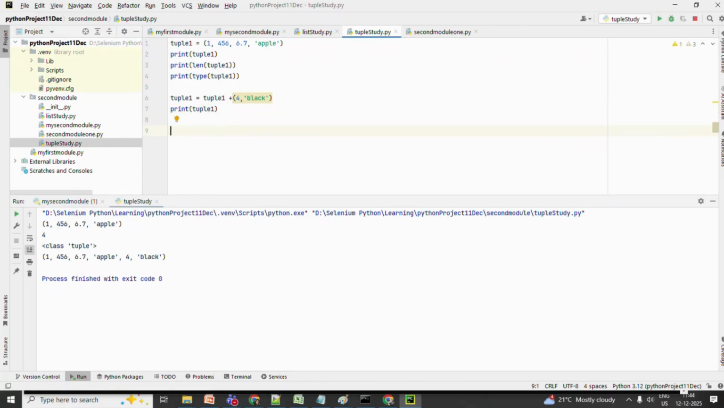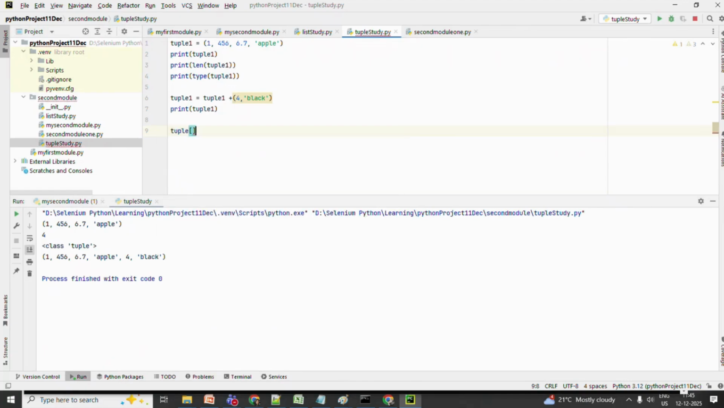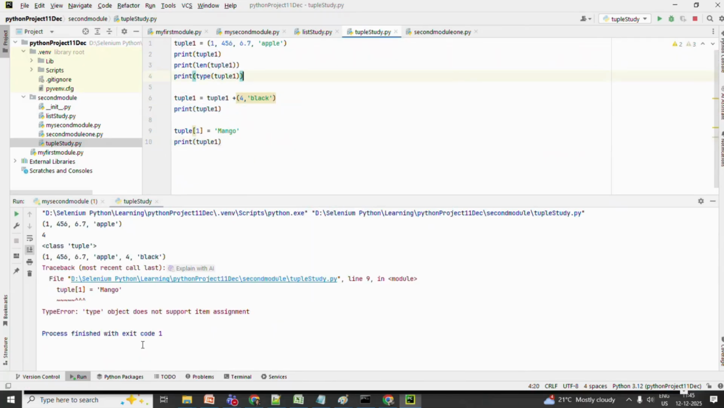Now comes the modification. Suppose instead of 456, I want to write, say, mango, anything. Say tuple 1 equal to mango. Okay, and I will print tuple and I will run it. You cannot modify it. But I can modify the list. Tuple doesn't allow you to modify the